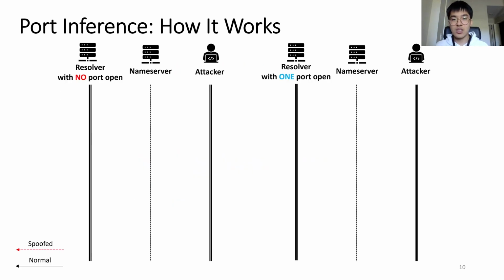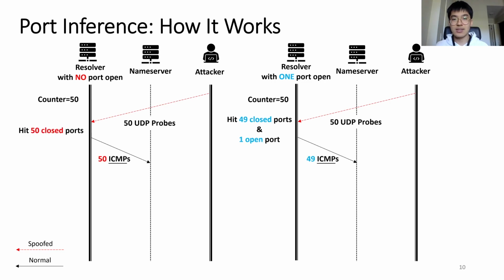Here is how we creatively exploit such a shared global counter for ephemeral port scan purposes. Initially, the resolver has 50 permits in its counter. To check open ports, the attacker sends 50 spoofed probe packets to 50 different ports. The resolver then generates SMPs for the probes. Based on whether the attacker hits the correct port, the resolver may reply with 50 or 49 packets, and the